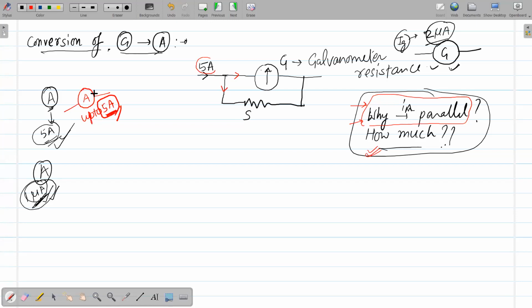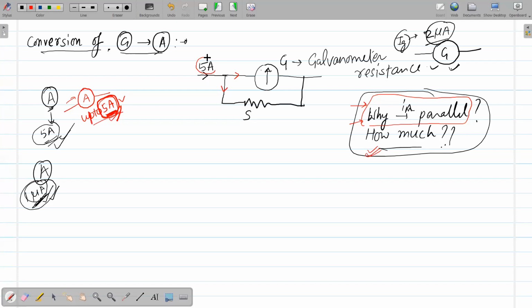But suppose we produce such a device which can measure current up to 5 ampere, and through that device you allow 6 ampere of current to flow, then that device will also get damaged. So every current measuring device has its own current range or the maximum value that is allowed, right? Clear? So here, suppose this is to be made up to 5 ampere. That means 5 ampere is the maximum value which can be passed through it.